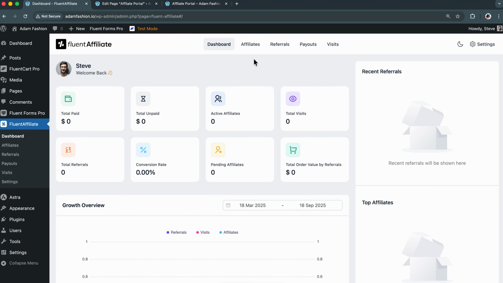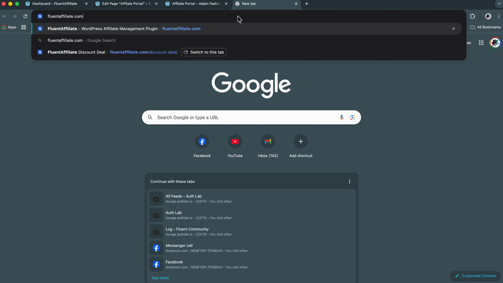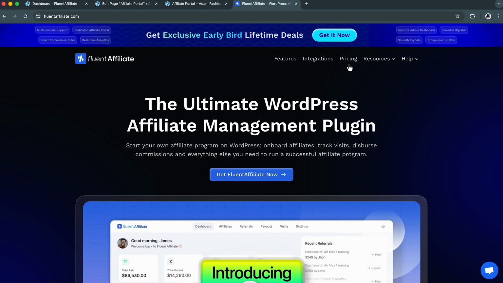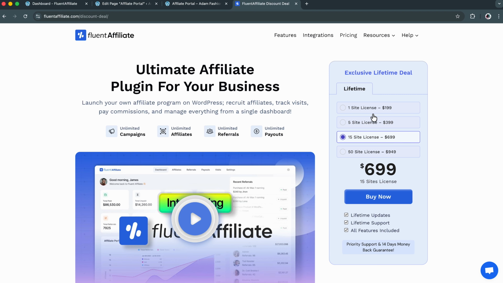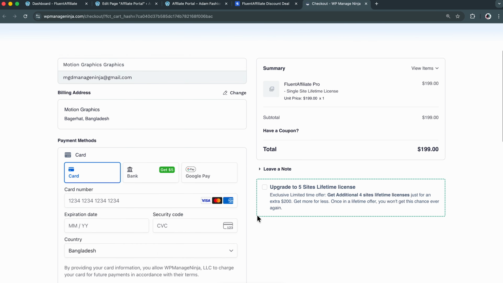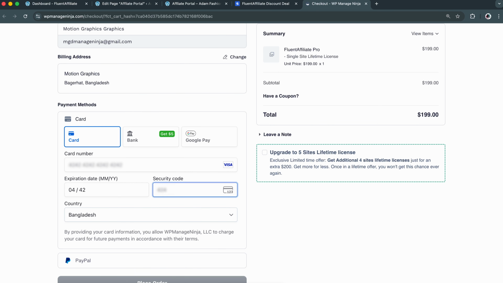And in case you want premium features like affiliate groups, domain management, and many more, you need to upgrade your plan to Pro. In this part, I'm going to show you how you can do that. Simply go to the web page and choose a plan that perfectly fits into your affiliate programs. Then, go to the checkout page, deal with the payments,